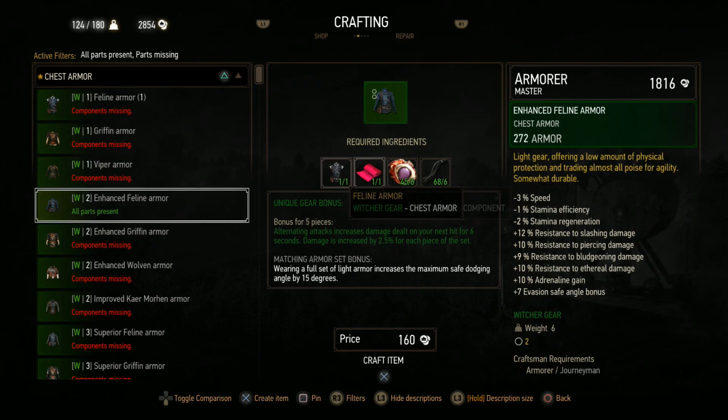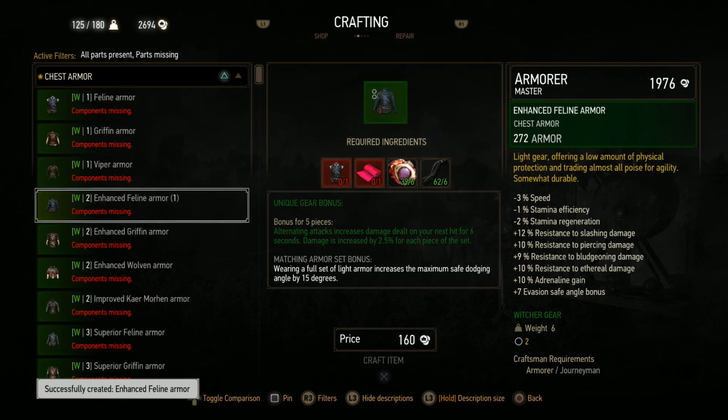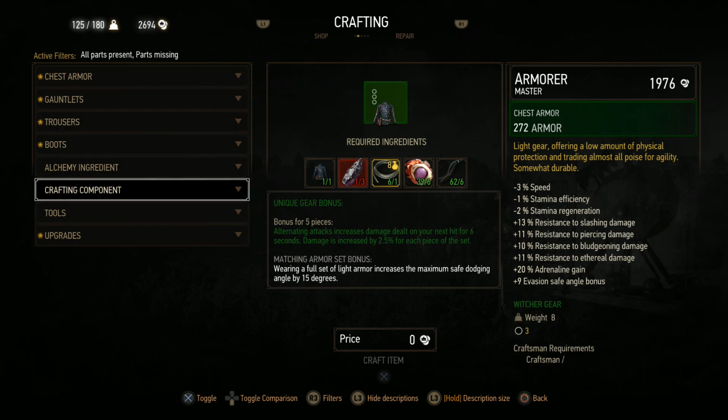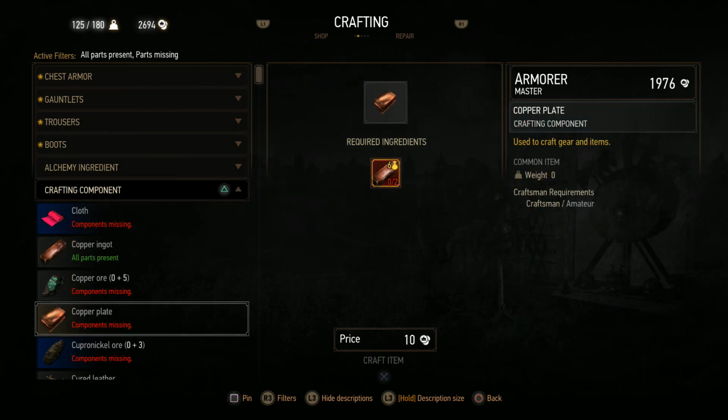All we need is an extra fabric. Nice. And we have the superior one. We do. Okay, so the superior one requires meteorite ore. Let's see if we can craft a couple of those, shall we? Crafting component. I actually kind of enjoy the crafting system in this mod because